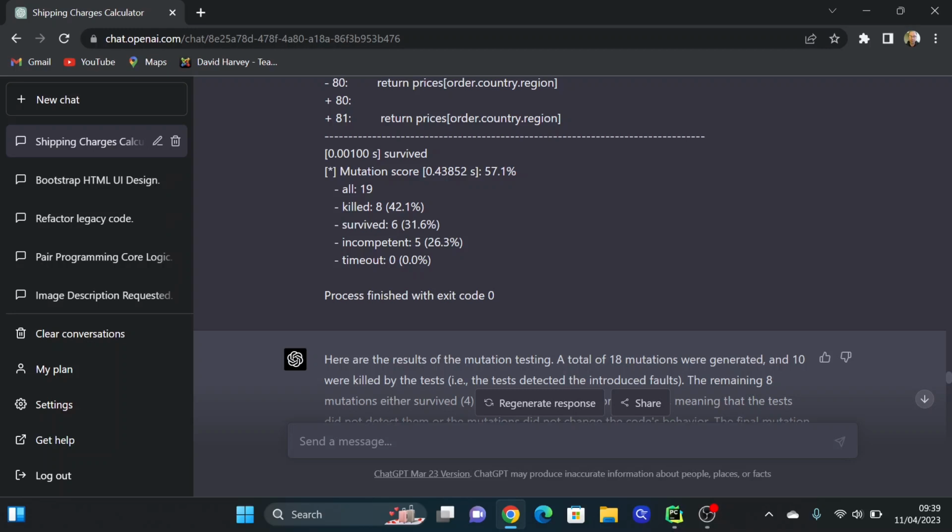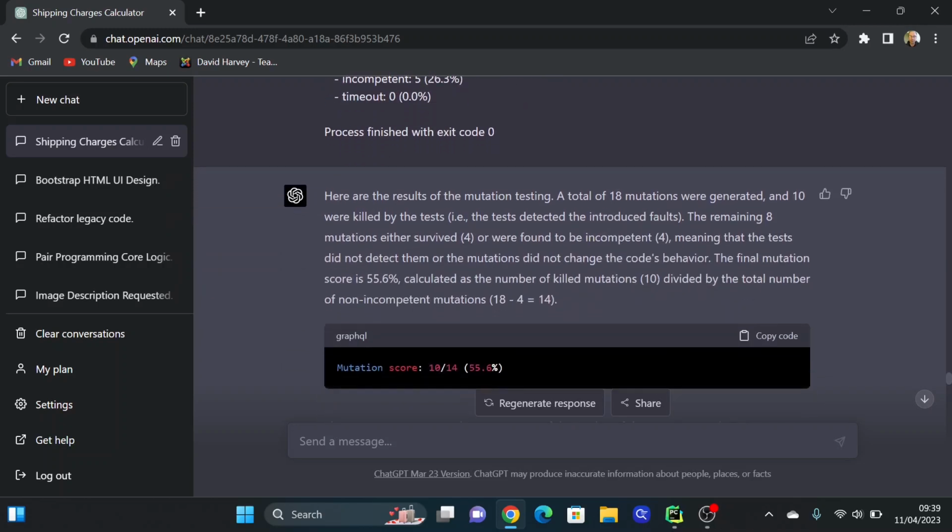6 of them survived. I'm not entirely sure what incompetent means. I think maybe it means that the mutation is logically equivalent. In other words, no test should fail. I don't know what that means; I've got to look into that. It looks like it's a new thing. Maybe not. Maybe I've just paid no attention to it before. But anyway,